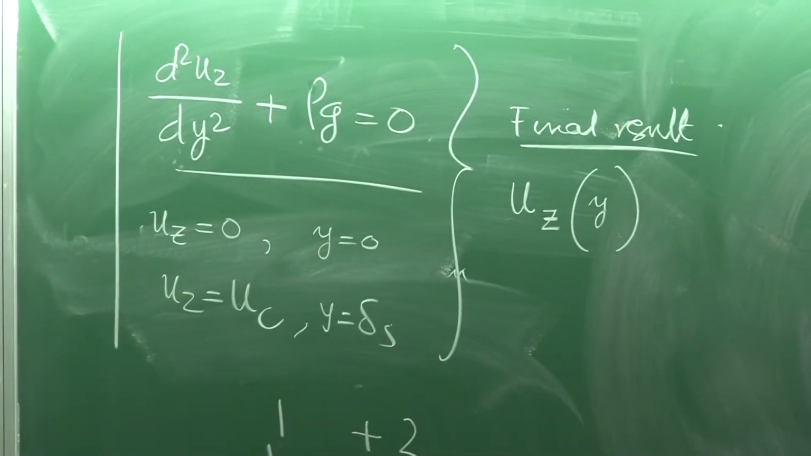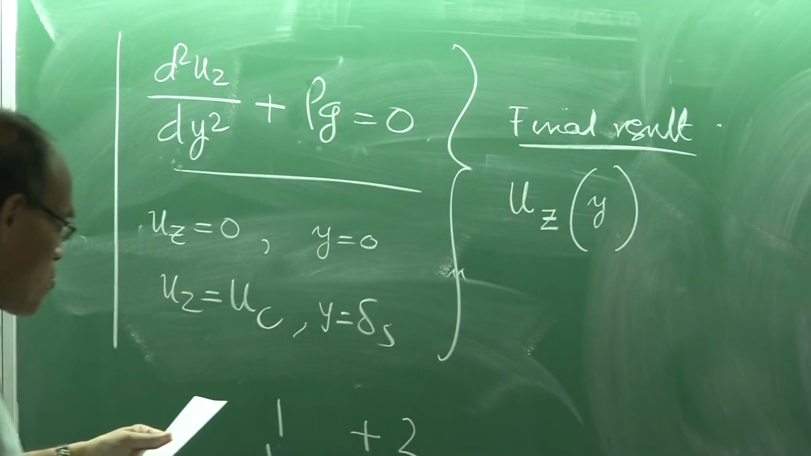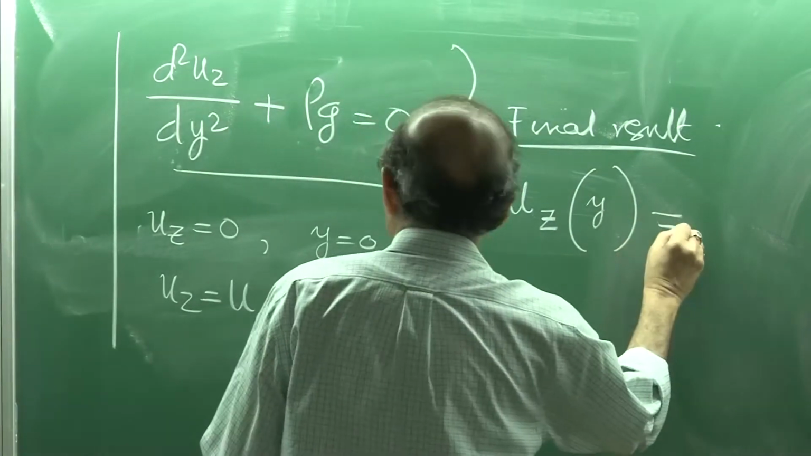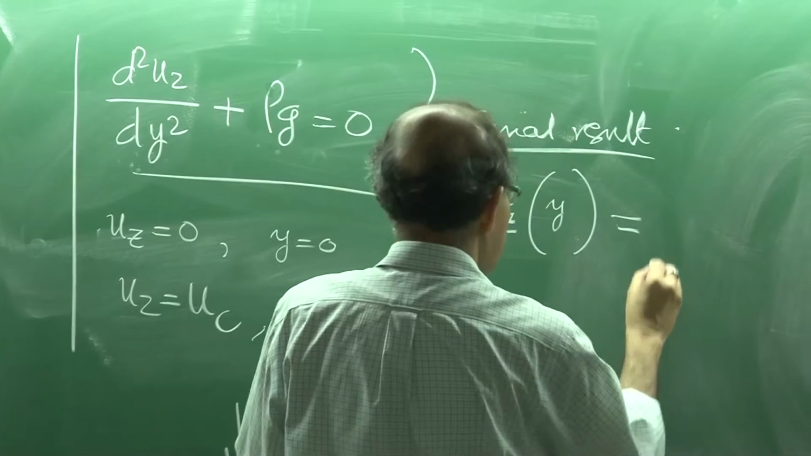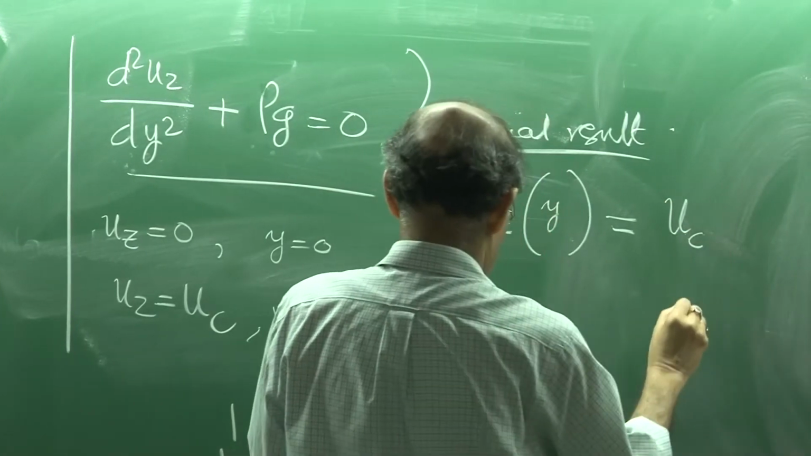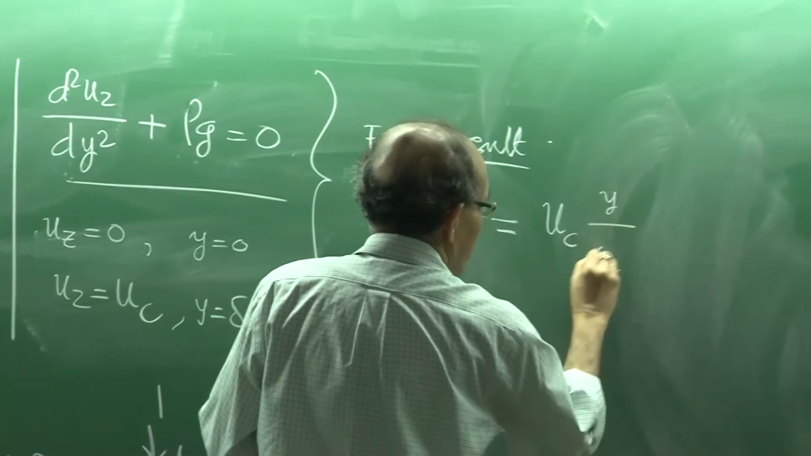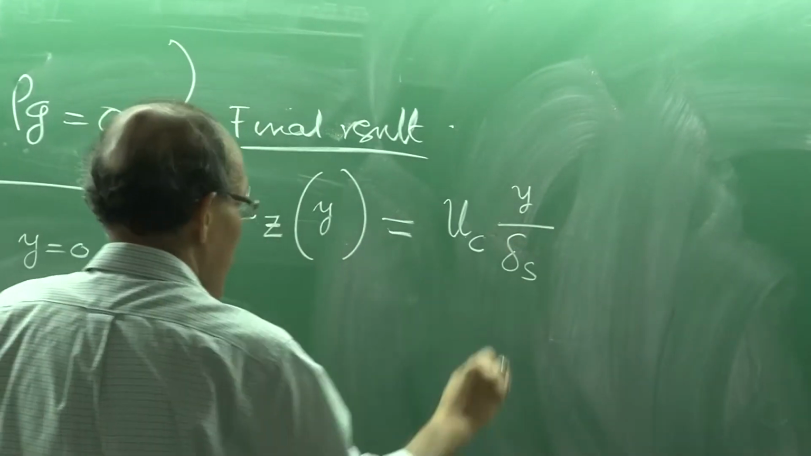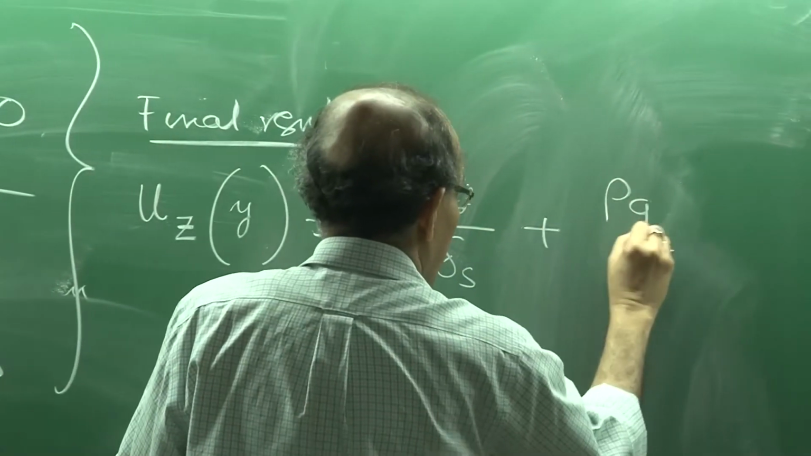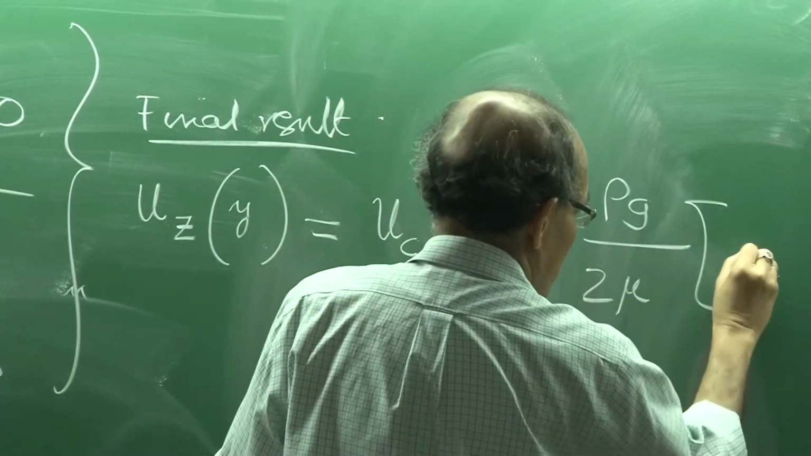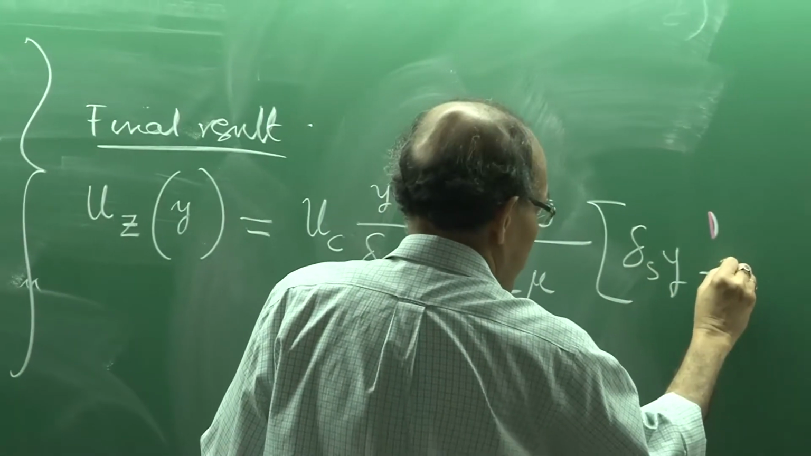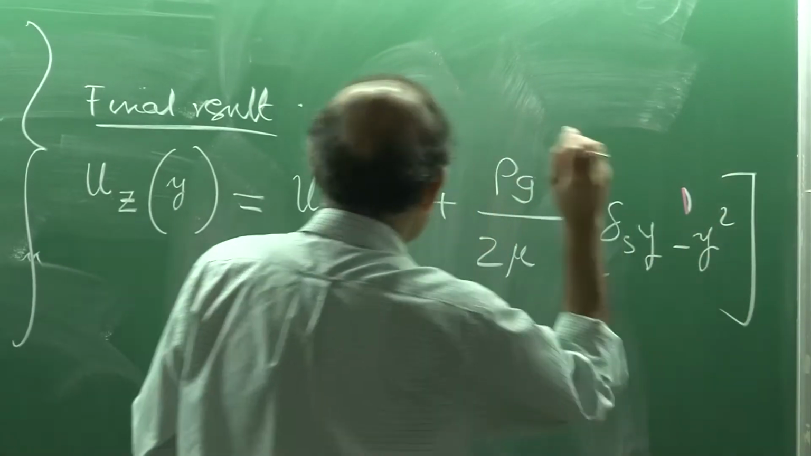It is not a function of x, because the mass continuity has told us that if you integrate it, it has 2 different terms because there are 2 different constants of integration. I am casting into y divided by delta S plus rho g by 2 mu into delta S into y minus y square. That is the solution of this equation,